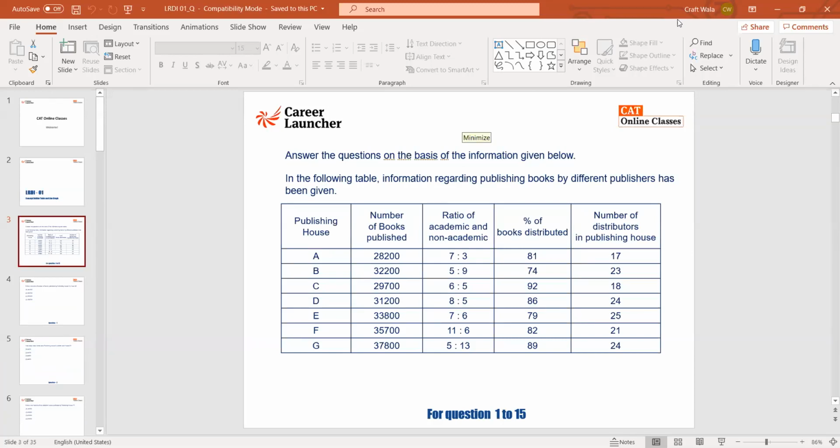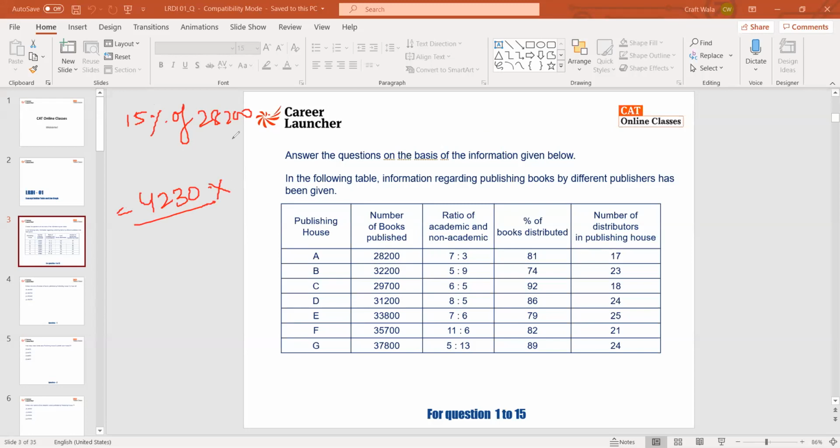Okay, so let's see. So it says this publishing house A increases the books it is publishing by 15%, right? So if I increase this by 15%, what will be 15% of 28200? So what will be 10% of this? 2820 and 1410. So that will give me 4230. If I calculate, this is the total number of books that it will make. Now, out of this,